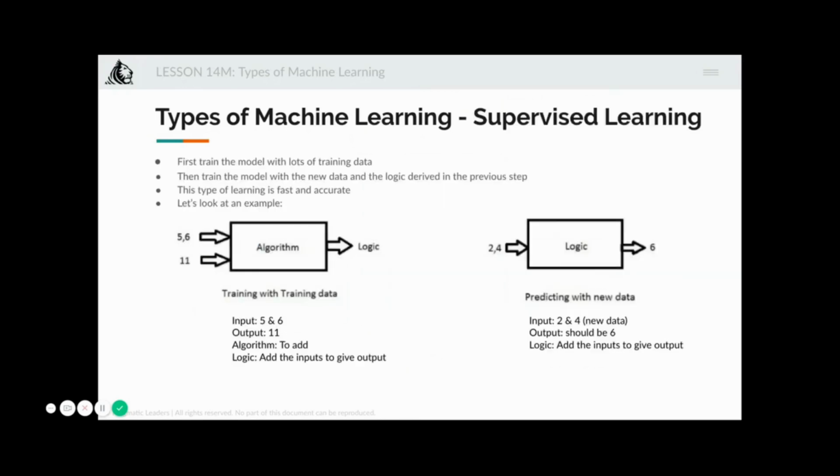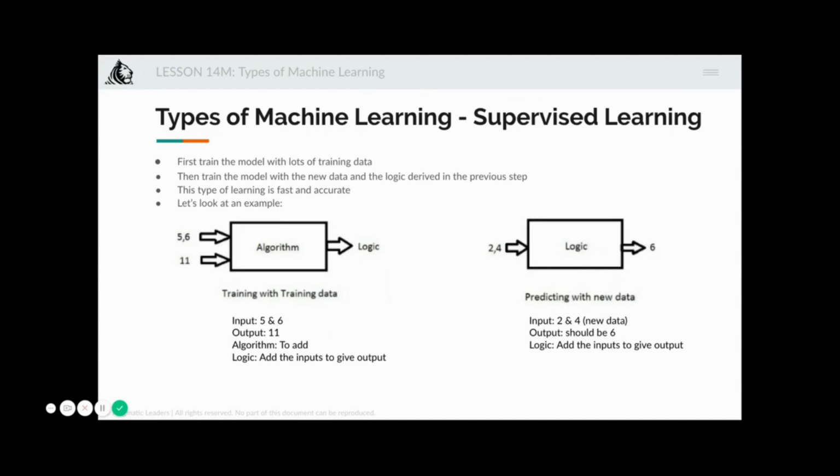So what is supervised learning? Right, so you'll first train the model with lots of training data. For example, just think of cats and dogs at the moment. So you're trying to train an algorithm to detect whether a photo has cats or dogs. So you'll first train the model with lots of training data. You will train by giving, let's say, for example, 1,000 pictures or 10,000 or maybe 100,000 photos of dogs and 100,000 photos of different cats.